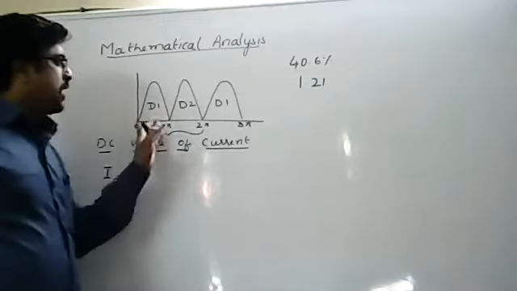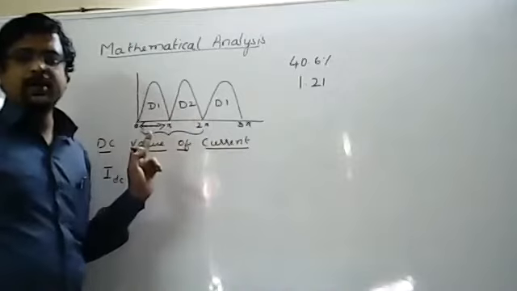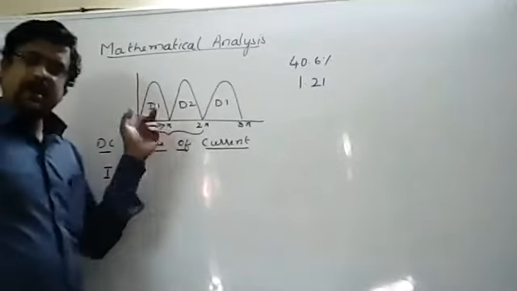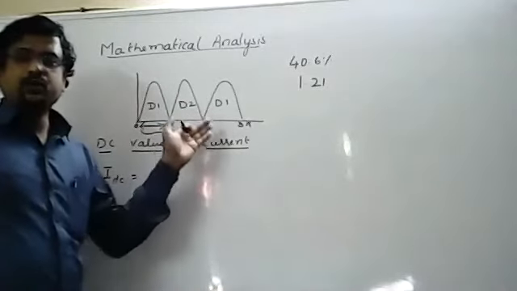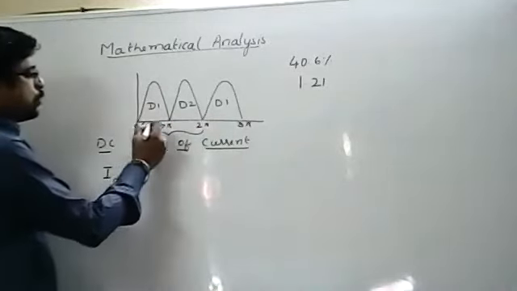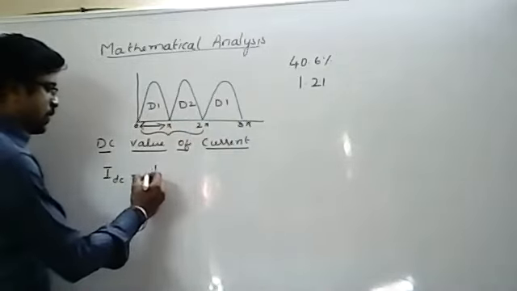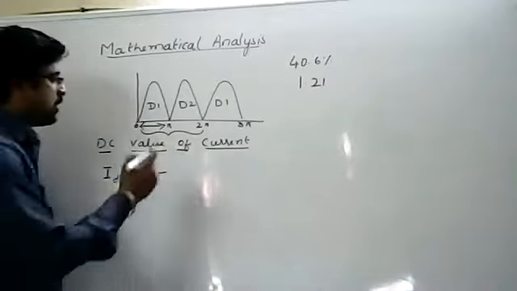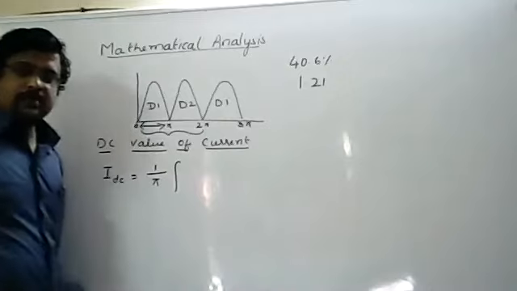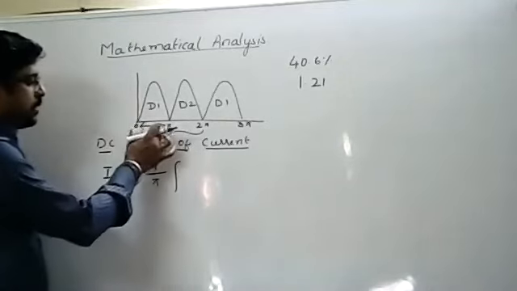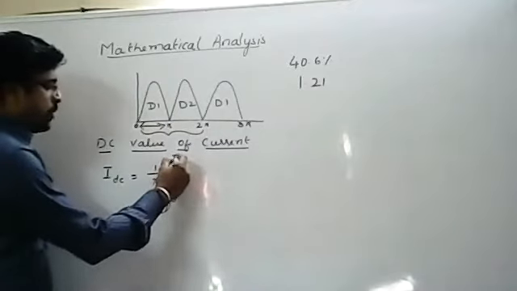Because for the average, if I take these two, again I have to divide by 2, so I will get back 1. If I take this one, I will get the average. If you take 3, divide by 3. So why take 2? Only for this cycle 0 to pi, if I take, it is enough. So I can write it as 1 by, what is the period of calculation? Pi. Integral, what is my integral period? From 0 to pi.